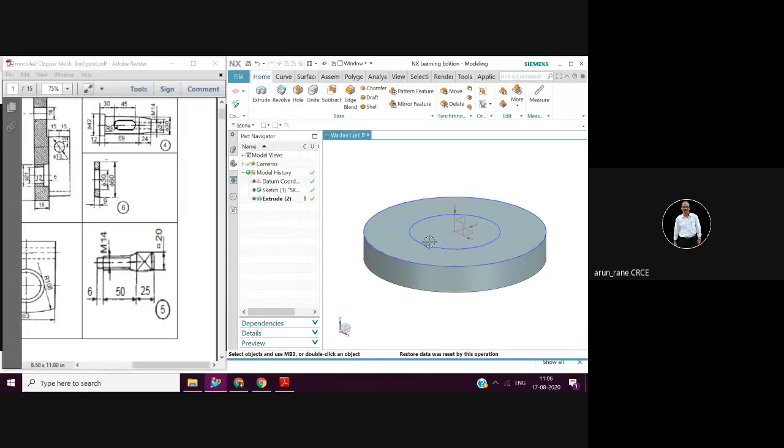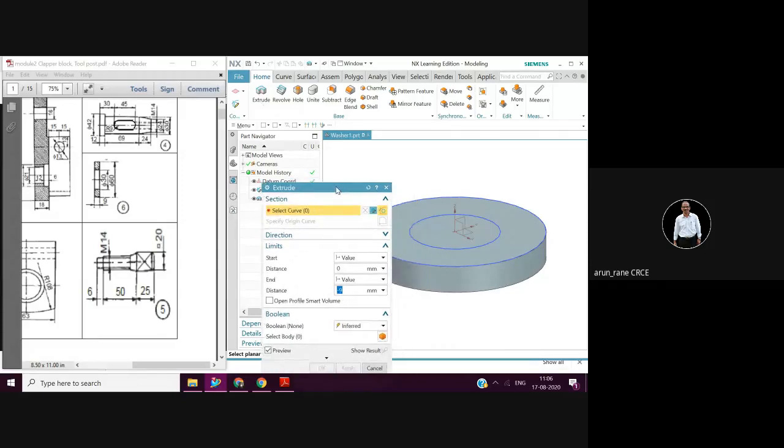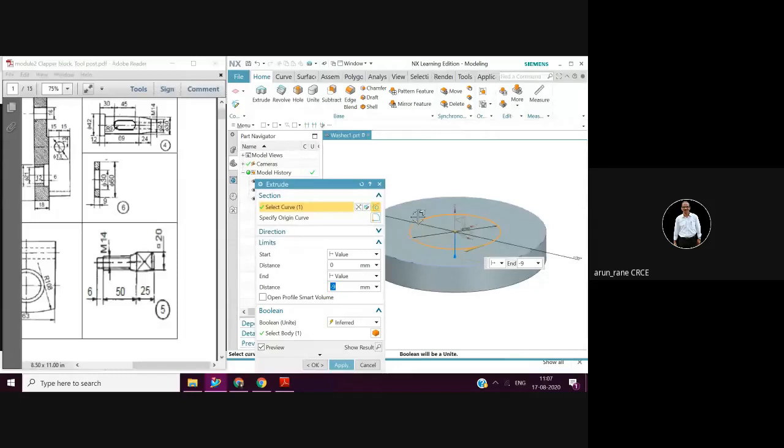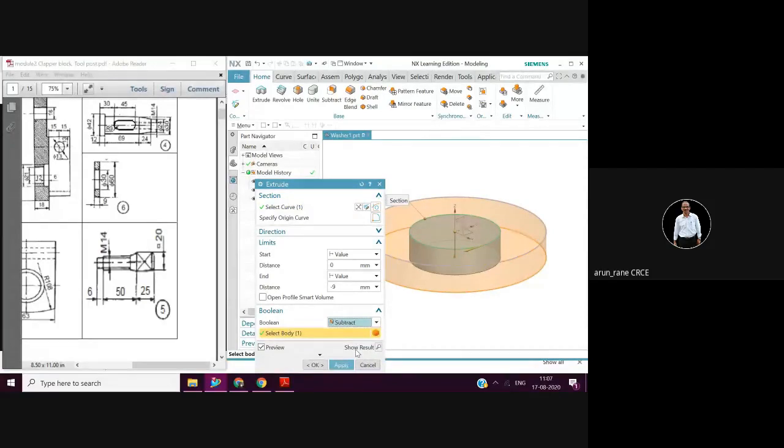You have this. Now again you have to go for this circle, and then you have to subtract from this body. That is called the Boolean operation. So again go to extrude. Then select curve. So you are selecting this curve, the continuous curve. Then 0, that value is already there. Minus 9 is also already there. Now here there is an option Boolean operation, that is subtract. So this one will be subtracted from this. I say apply and say okay.